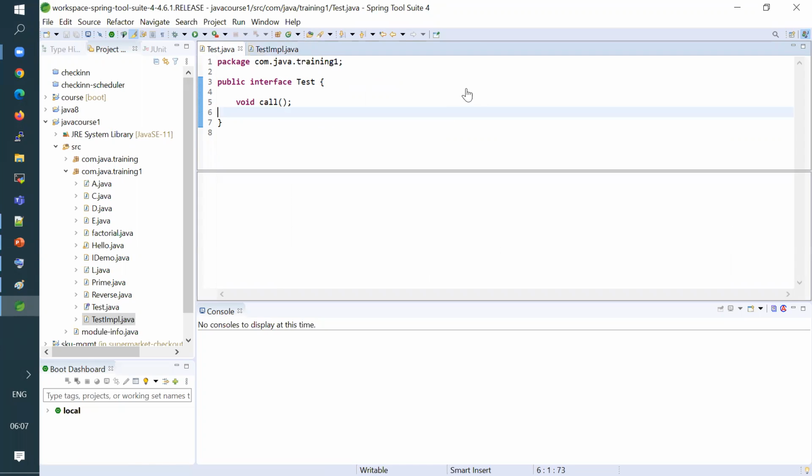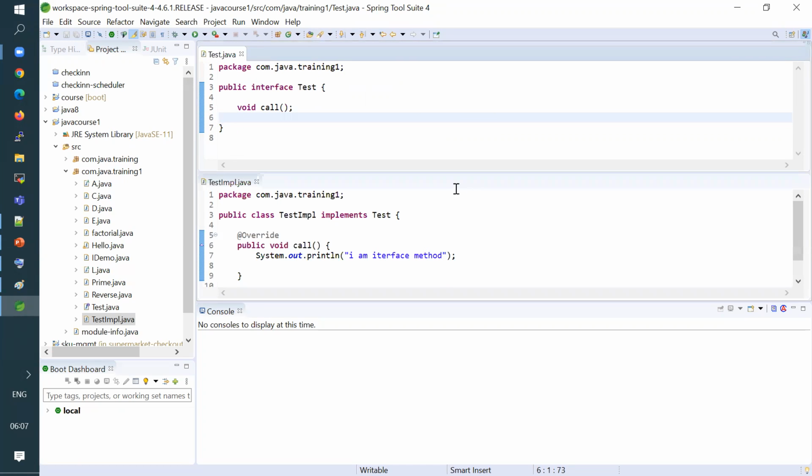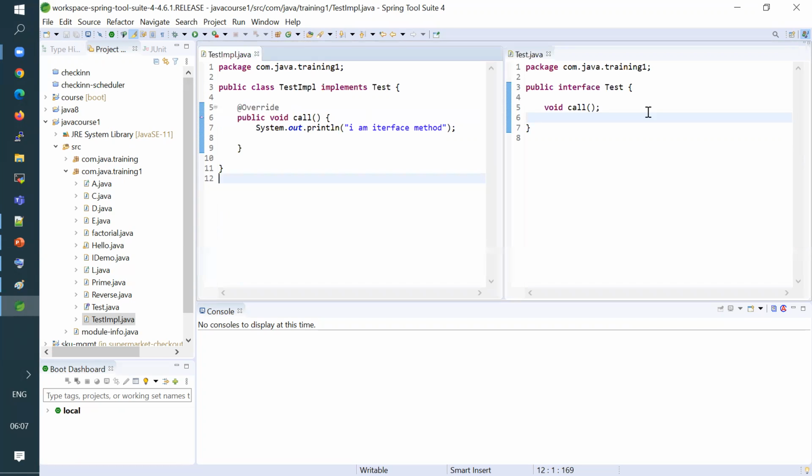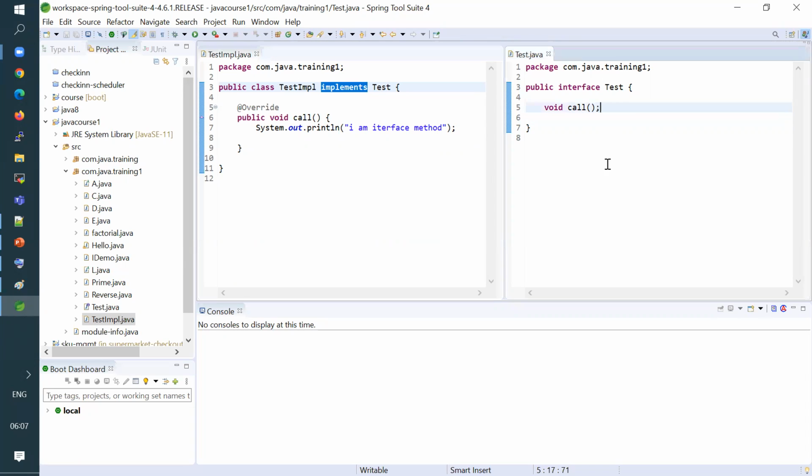Understood, right? The difference here: you have your Test interface, and here I'm using this implements keyword to provide the implementation of its unimplemented methods. Suppose you add another method tomorrow, a void push method, for example, then for that also you